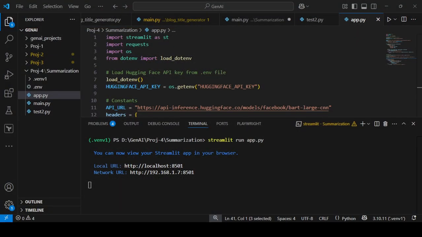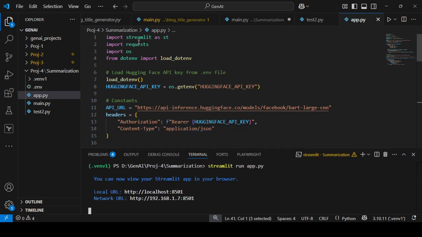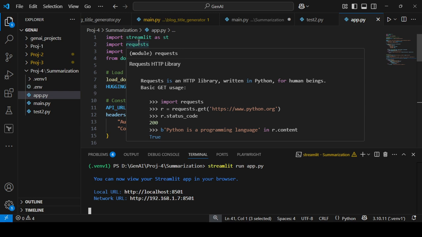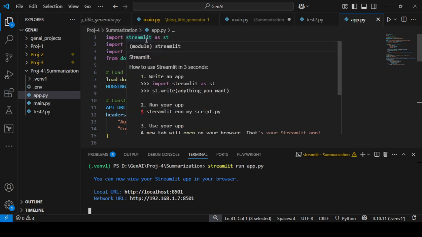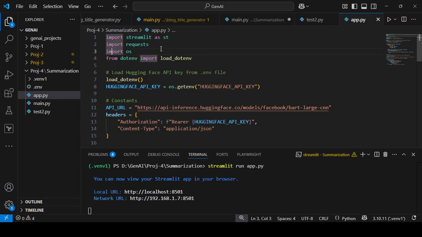Let's understand the code. First of all, we need to import all the required libraries which we installed in our Python. We are using Streamlit because we have created our web UI using Streamlit, so we need to import the Streamlit module. Then we are importing requests because we will access the model using the Hugging Face API and create a POST request to that API.